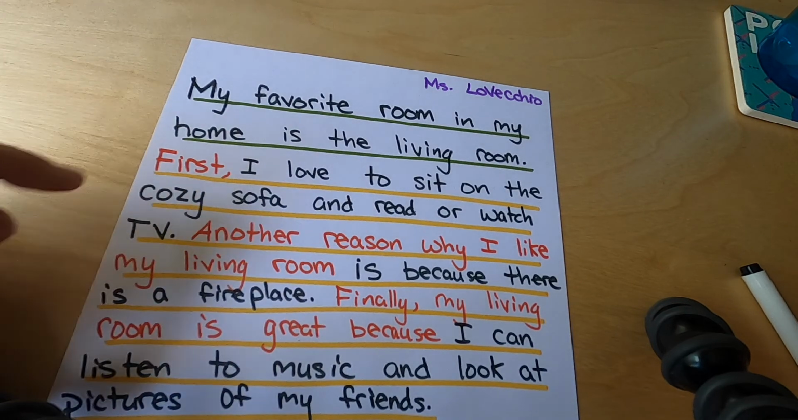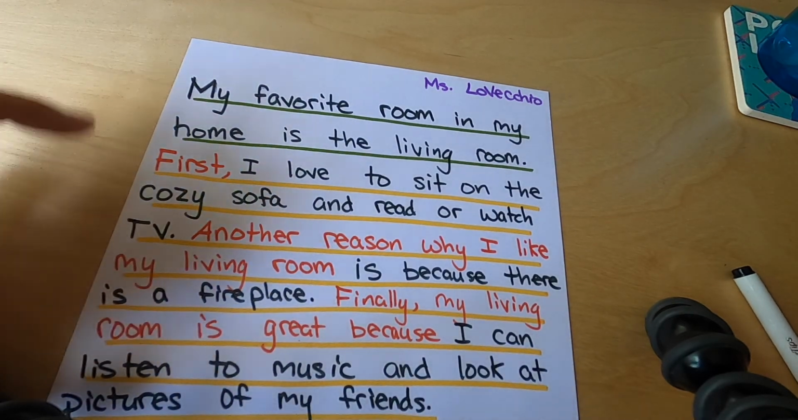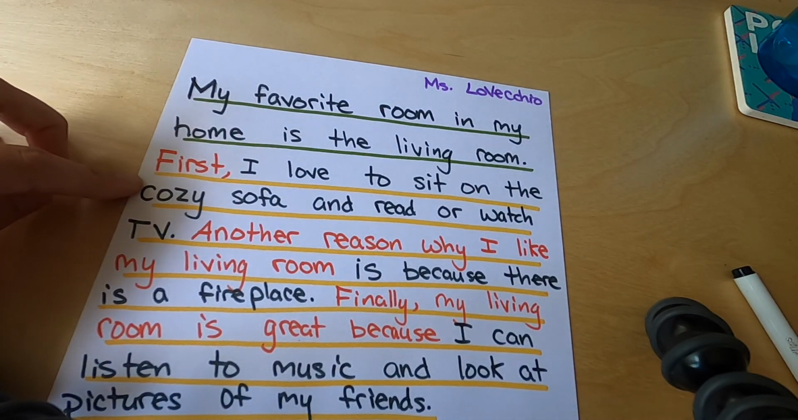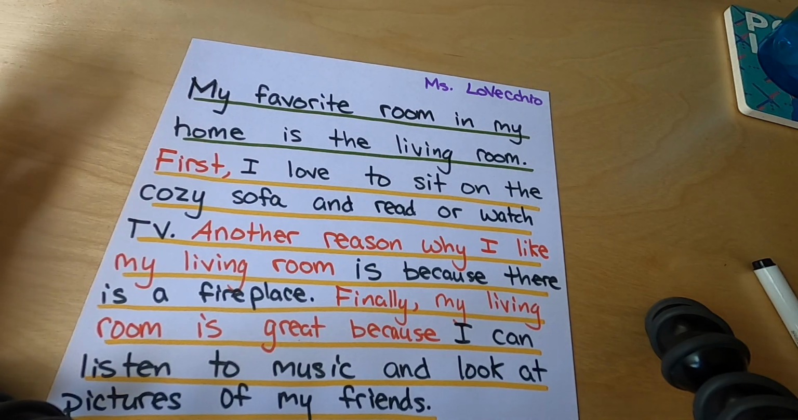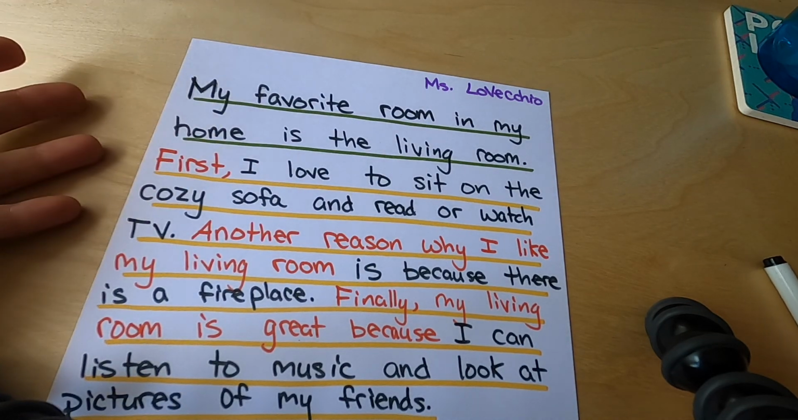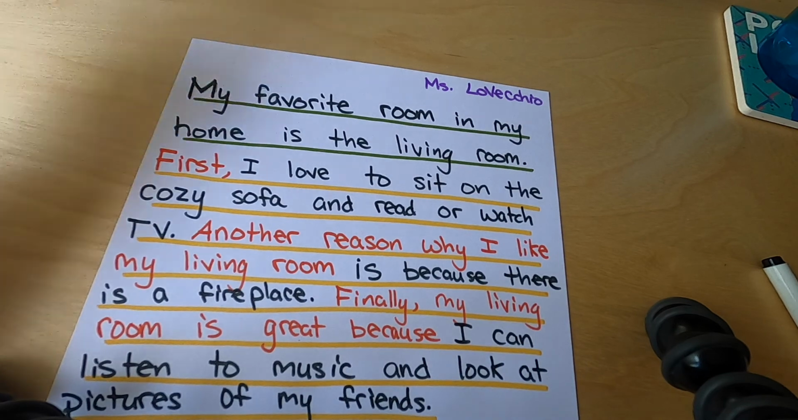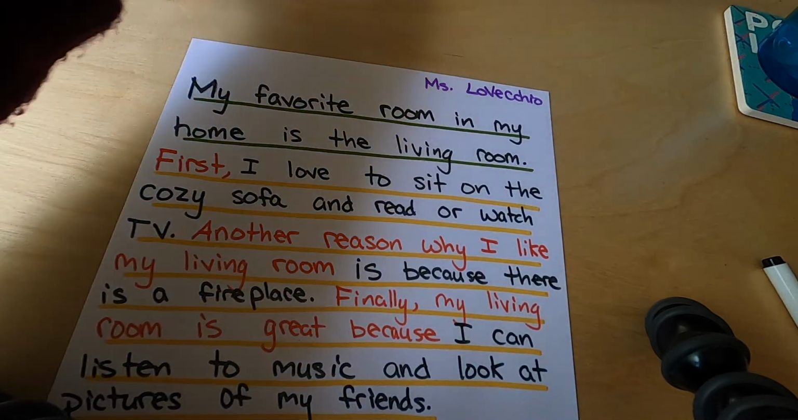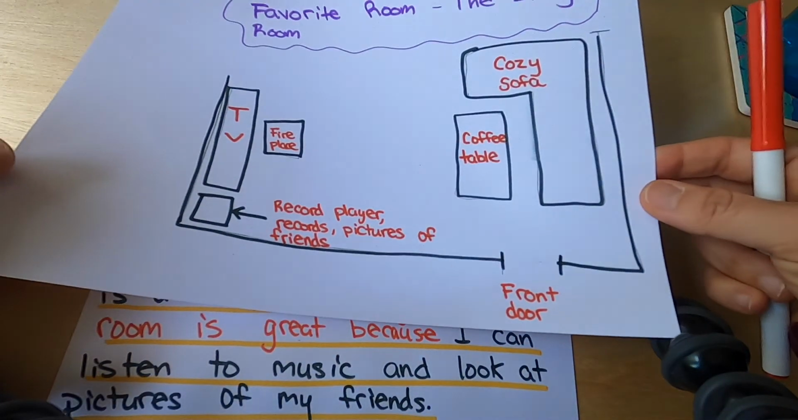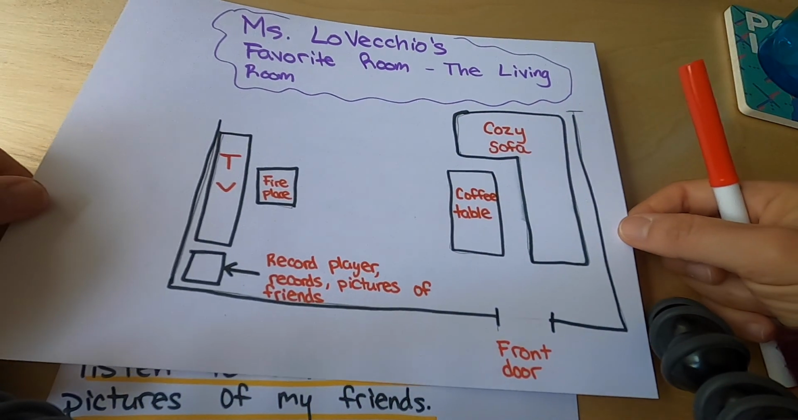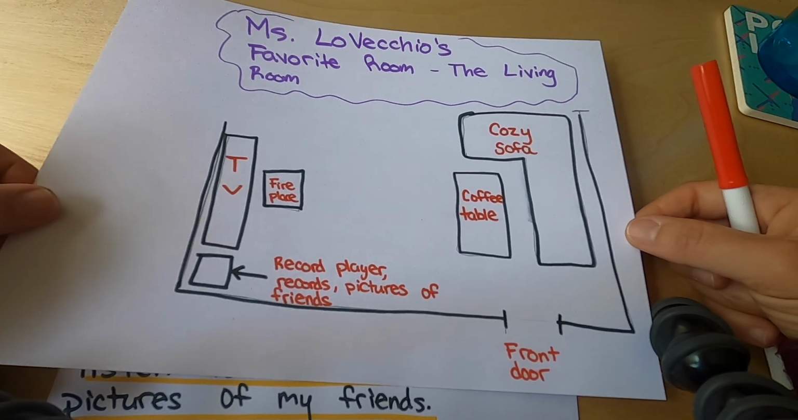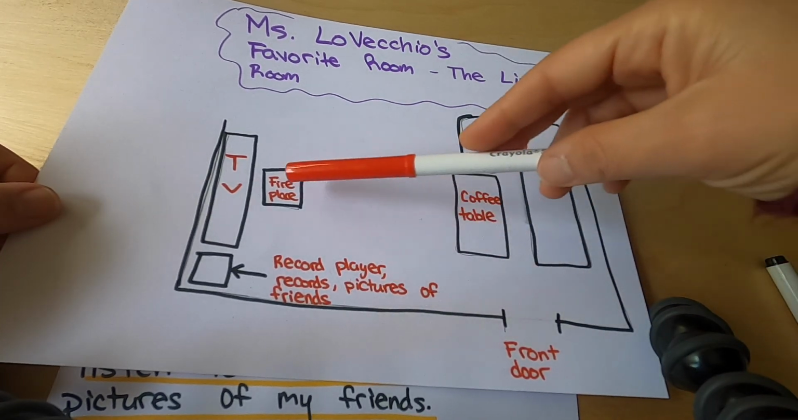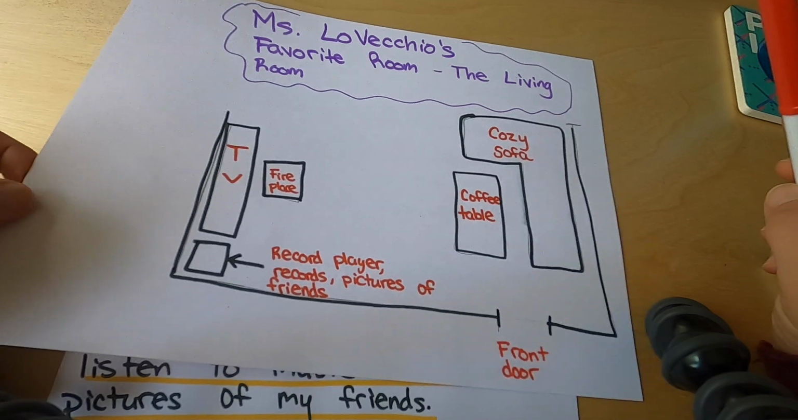Next, you'll notice, I have a lot of yellow underlining. This is called the body of the paragraph. This is where we put all of the reasons why our favorite room is our favorite room. So this is where I'm going to talk about why my living room is my favorite room. And I'm going to be using some of the ideas from my illustration here, my diagram. I'm going to talk about the different parts of my living room and why I think